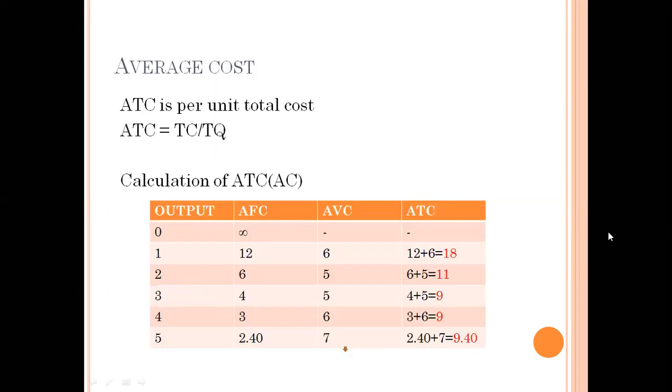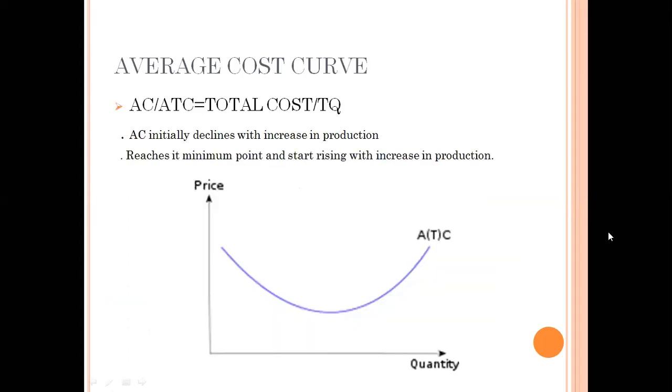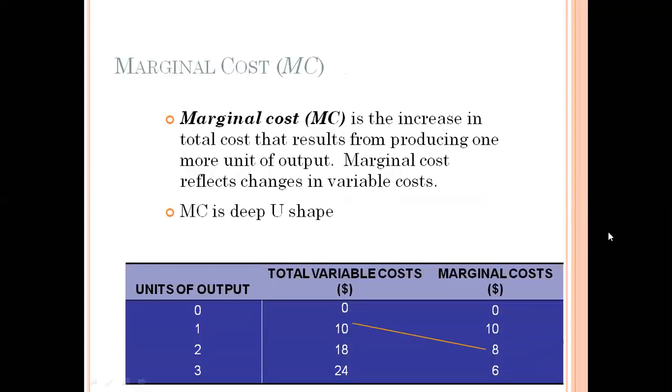Now average cost. AC will be, of course, the total of average fixed cost and average variable cost. जो average cost है वो sum total ही तो है average fixed cost का और average variable cost का. ठीक. Now see the average cost curve. आप देखो इसमें average cost curve. It is also a U-shaped curve. It makes the U shape because it first decreases, comes to its minimum, and then it starts increasing. Now last is the marginal cost. Now what is the marginal cost?